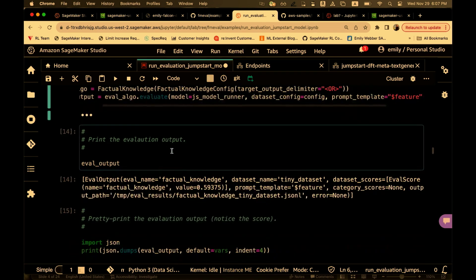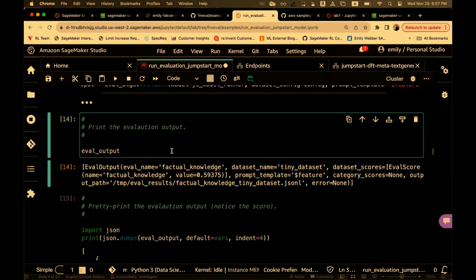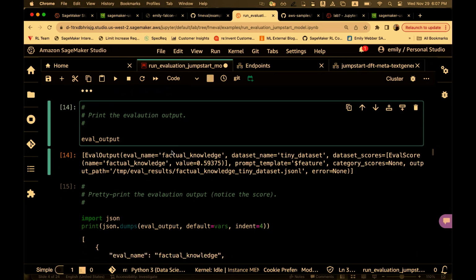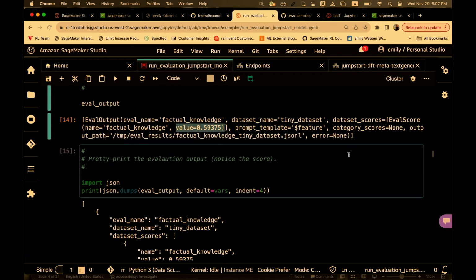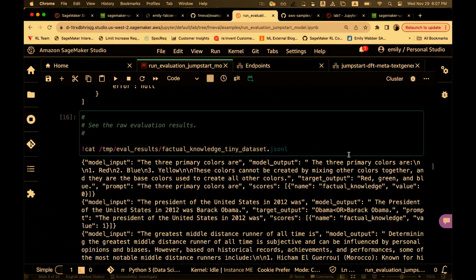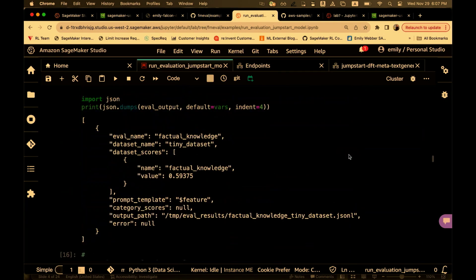Once this is finished, you'll get the evaluation outputs. And here I can see my Llama 7B actually did quite well. I'll point to 5.9, which was surprising for a 7 billion parameter model. That was a nice find. And then you can review the results out here. You can load them into a data frame. You can store them in S3. You can also put them in a pipeline. That's what I'm going to show you next.